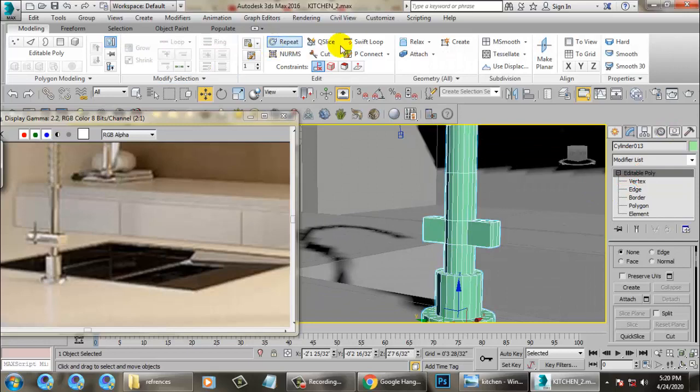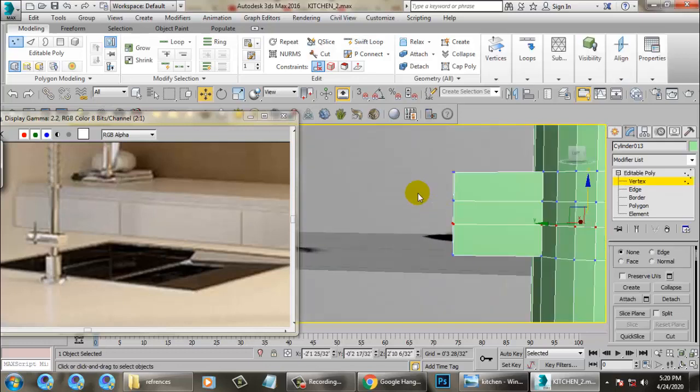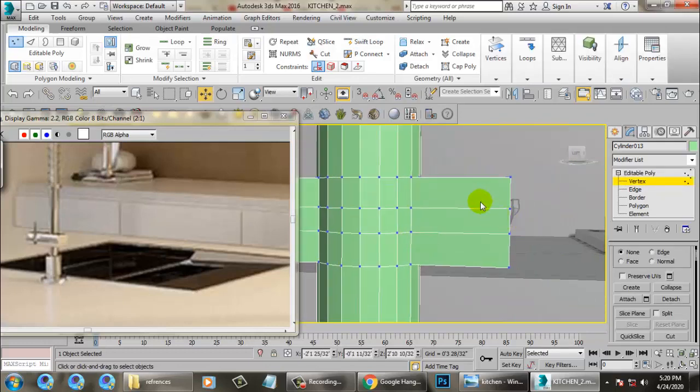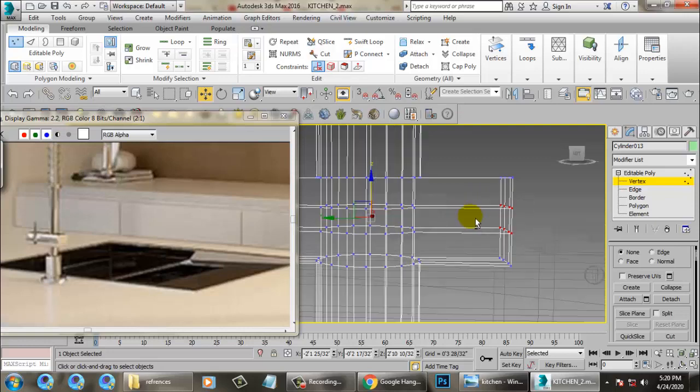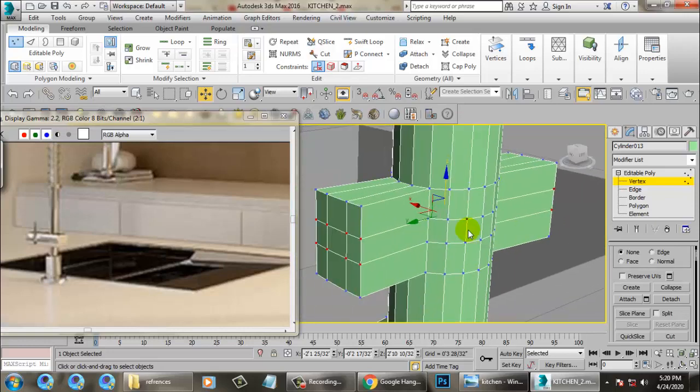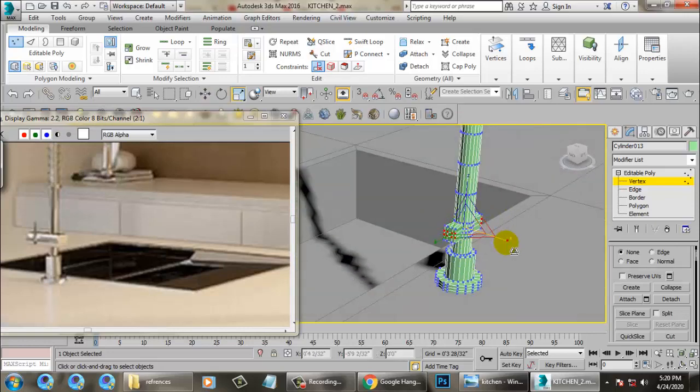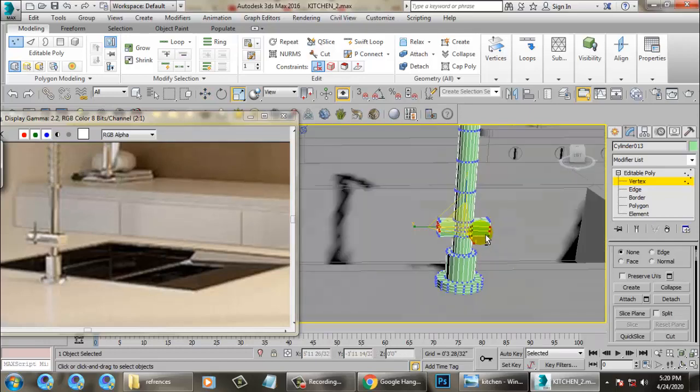Let's add one loop over here. Select this, shift select this, R, and scale it in this way. Much better.